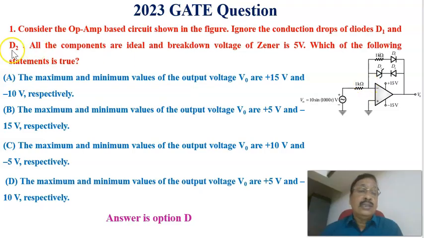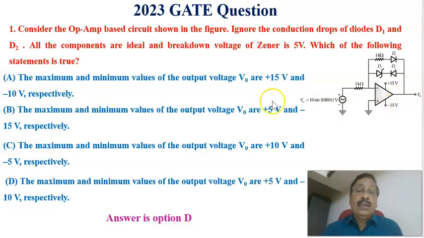There are 4 options. Here the input voltage applied is equal to 10 sin 1000t. That is applied to the inverting terminal of the op-amp through a resistor, and this is the feedback resistor, and this is the diode D1 and D2, and of course this is the zener diode, and the output is taken at